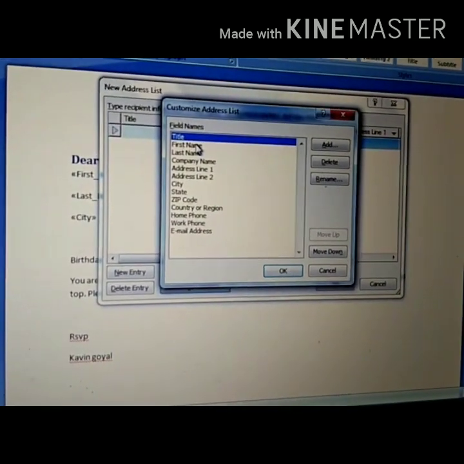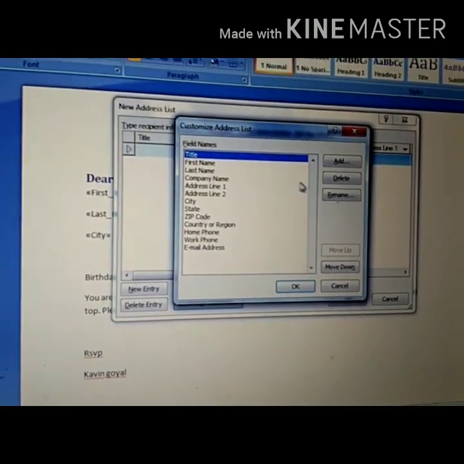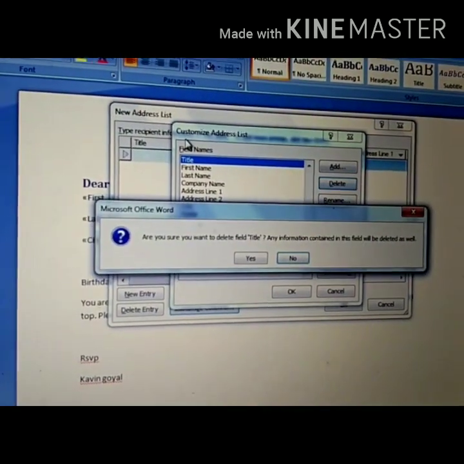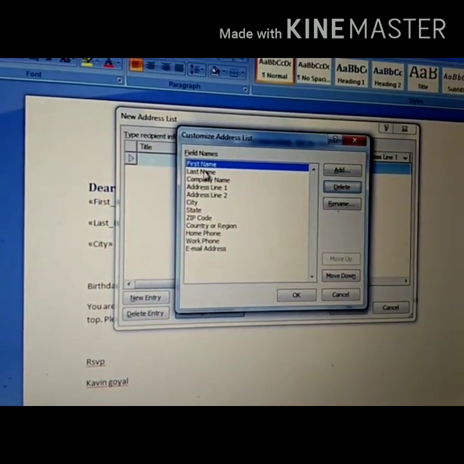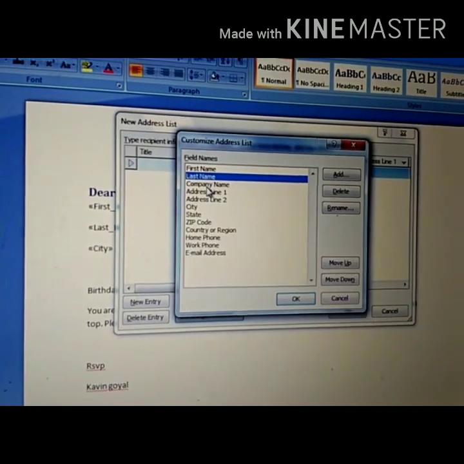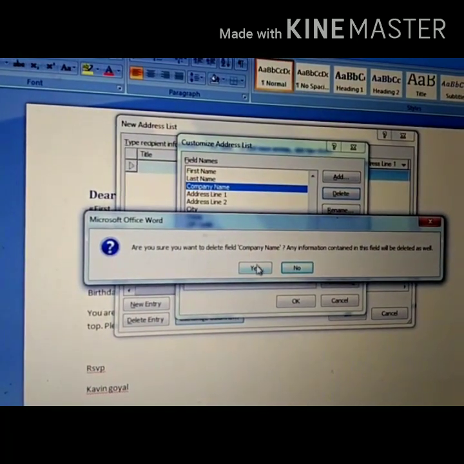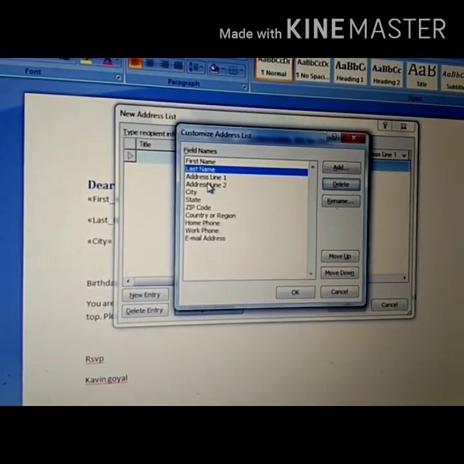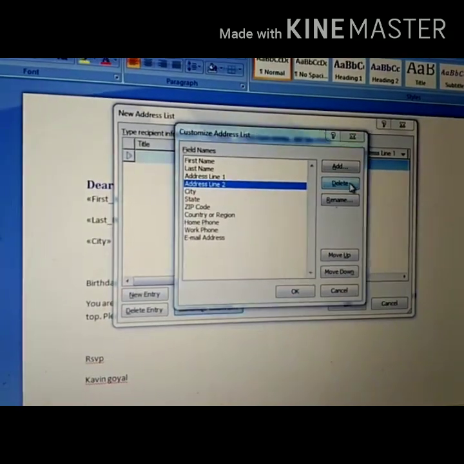If you want to add or delete any field from here, the title, I don't want title, so delete this field. Yes, first name we required, last name we required, company name I don't require, so delete this one. We are making this for birthday invitation, so company name we don't require. Address we required, one line is sufficient, delete the second one.